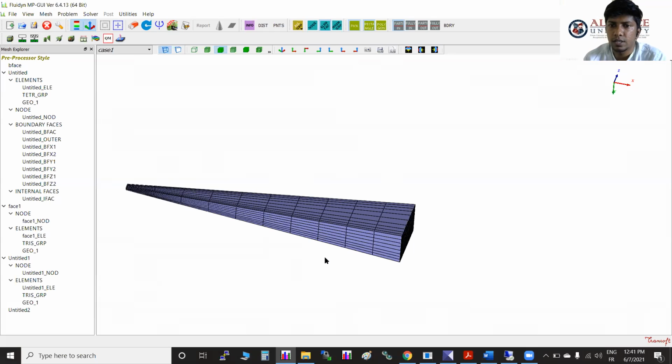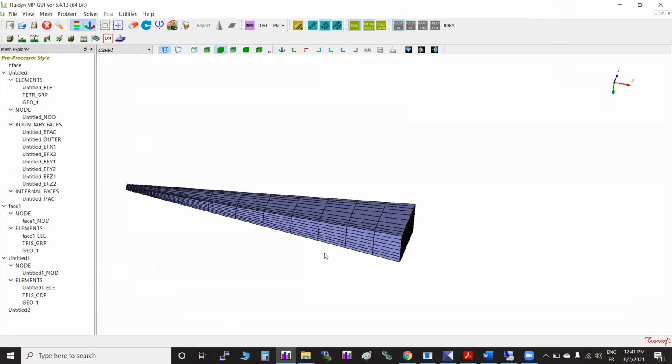There is another question. How to simulate flow in a pipe using a quarter of the pipe? I think you have already discussed that. Sorry, I didn't get it. How to simulate flow in a pipe using a quarter of the pipe?